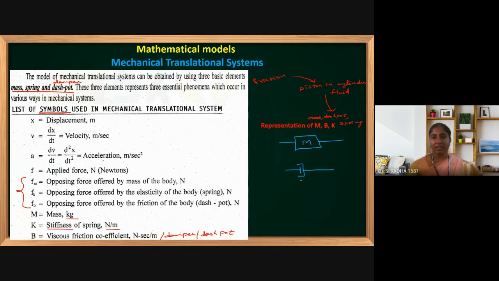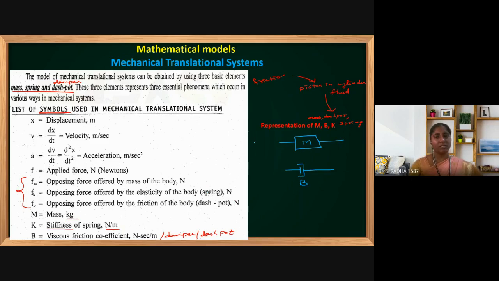The dashpot is represented with a symbol like this. I told you this is a piston, like a wood piston or a rod, which is placed inside the cylinder, and you can apply some force on it. The piston will move to and fro, front and back inside the cylinder. Inside the cylinder, fluid is also there. When you move the piston in the fluid, there is some friction created. This is the basic logic to explain the dashpot. Other than that, I said a vehicle moving on the road has friction, but that is a different case. So in different applications we have piston, and this is the symbol for dashpot.